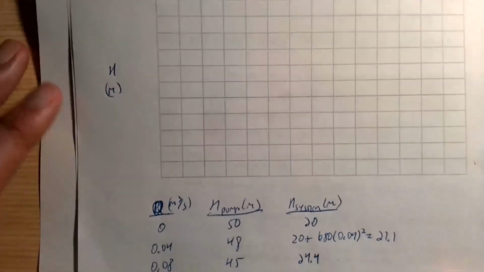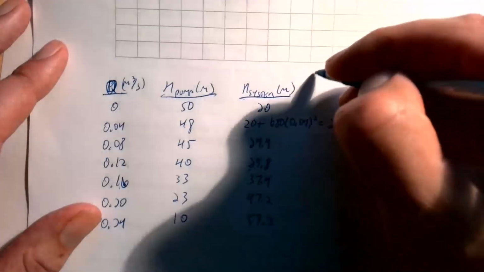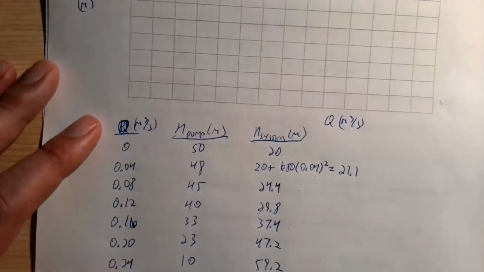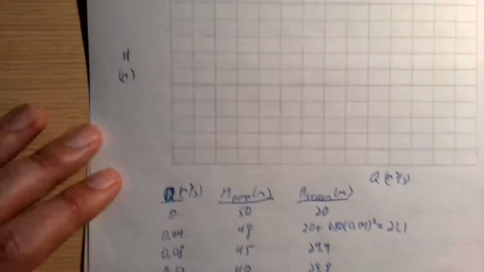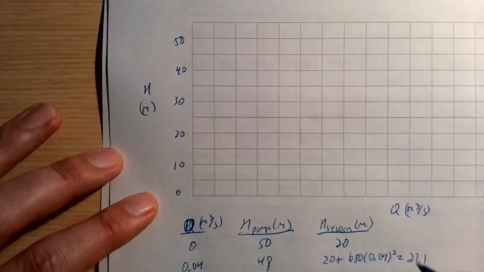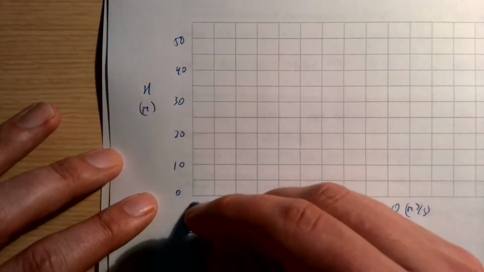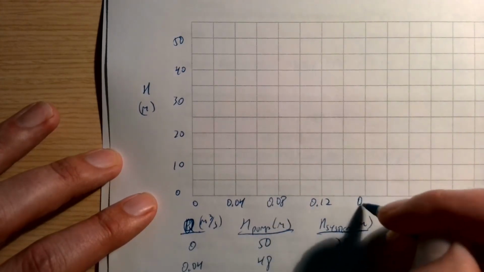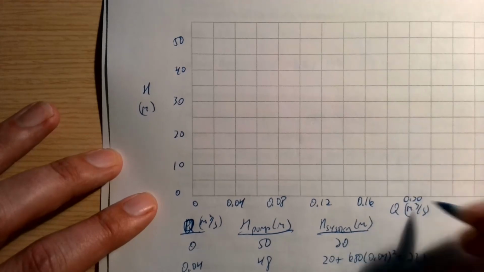So we're going to plot here our H in meters. This H is for both the system and the pump curve. And then here we're going to have Q in meters cubed per second. I'm going to make these increments of 5 meters, so this will be 0, 10, 20, 30, 40, 50, and then down here we're going 0, 0.04, 0.08, 0.12, 0.16, 0.20,